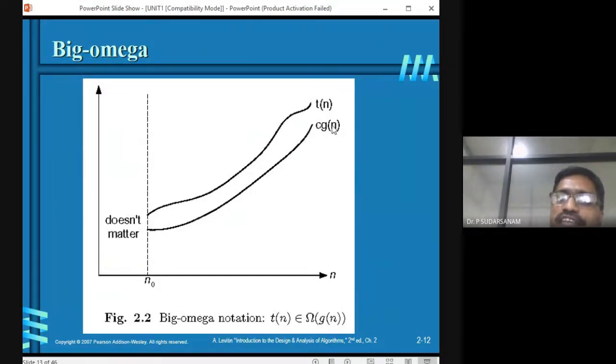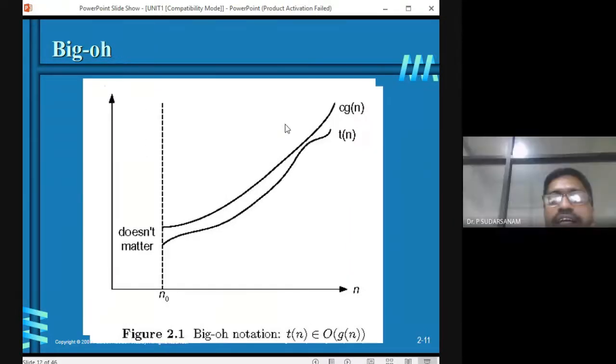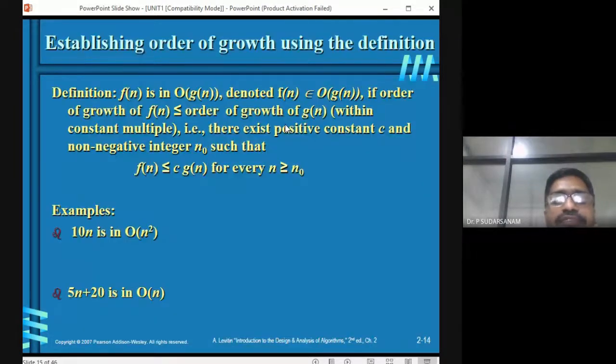So these values can be varying below some constant values. First one is above some constant. This is nothing but below some constant values. Now T of n is there and C is there. So here some values are there. This T of n function can be moving. That's it. Okay, so now see the definitions here.